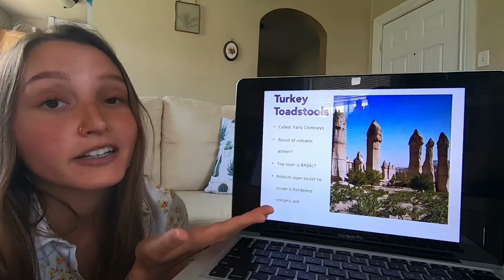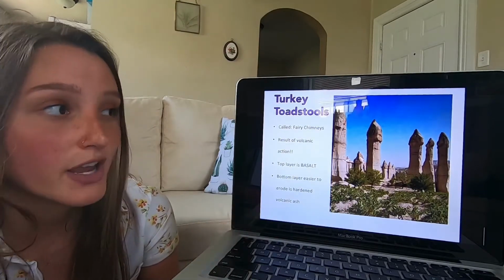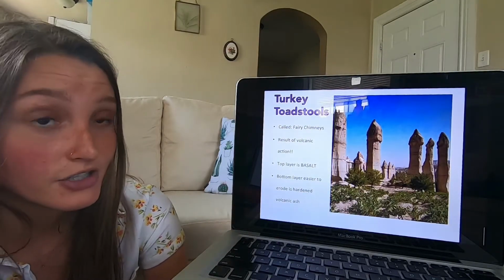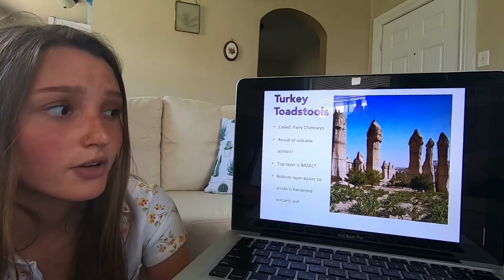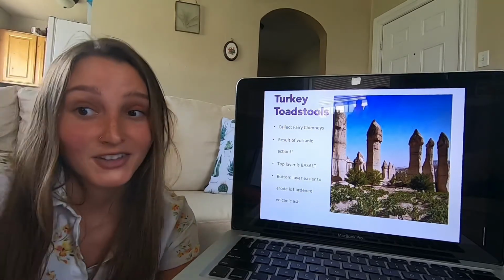Next, we're talking about Turkey toadstools. These are my absolute favorite. They are also called fairy chimneys, and these are the result of volcanic action. So,